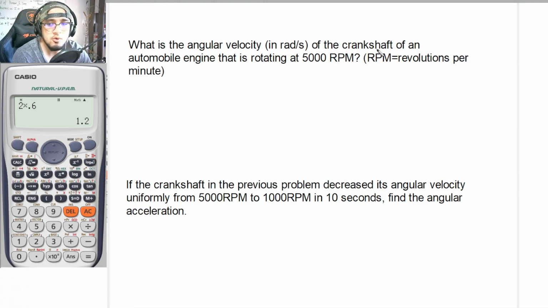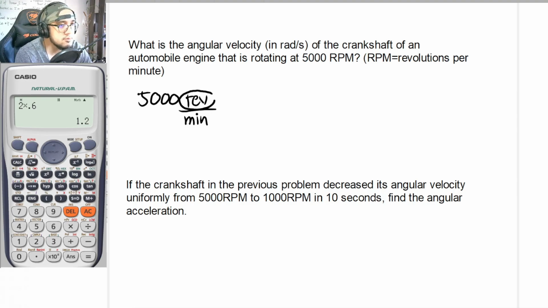Anyway, I do not know what a crankshaft is. What I know is that it is rotating. So that is what matters in this problem. Okay, so its rotation once again is to be 5,000 RPM or revolutions per minute. So what we are going to do here is just convert these units in terms of radians and seconds. Okay, so the first thing that I want to do is convert revs into